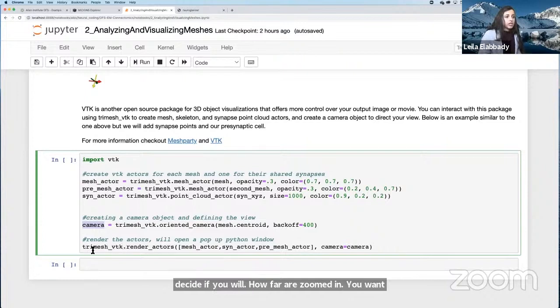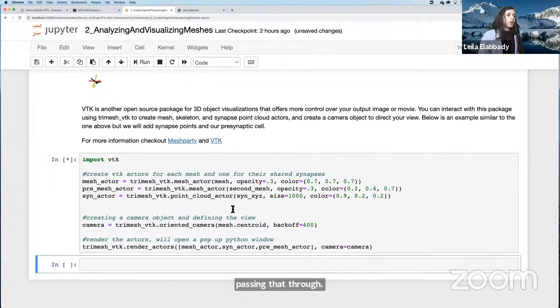And then lastly, you want to use TryMesh VTK's render actors, which you can pass in as many or as few actors as you want. Since I have created a camera object, I'm also passing that through. If I run this, one thing to note about VTK is that it will not run within your Jupyter notebook, so it'll come out as a pop-up,